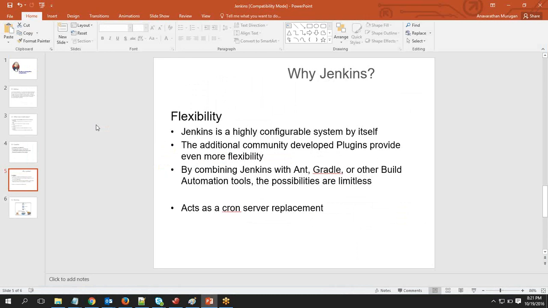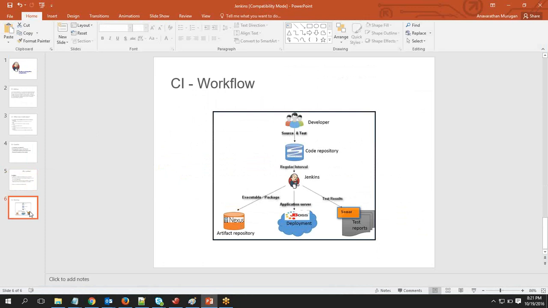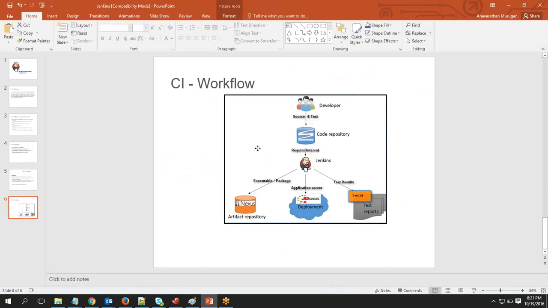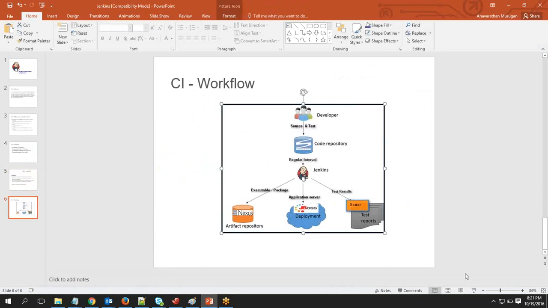Getting it? Yes, sir. So basically, it's the whole workflow where you can integrate any tool that you want through Jenkins. So that is the advantage why people go to